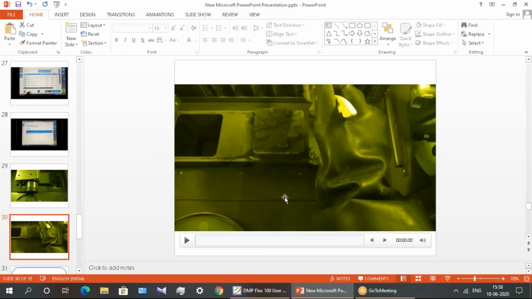Now how we remove the part, how we clean, we can see here. Now after completion of the cycle, we need to remove the unsintered powder. We have to clean this excessive powder, the unsintered powder at each and every corner.